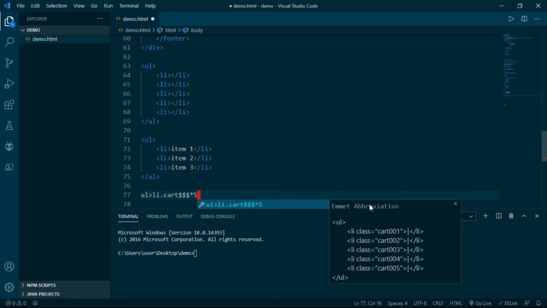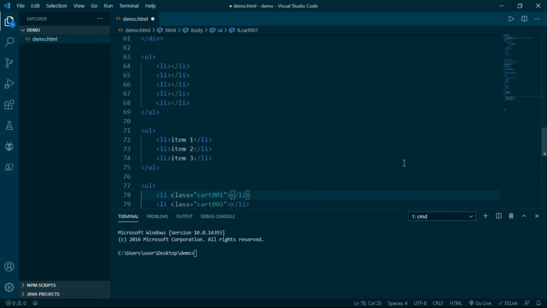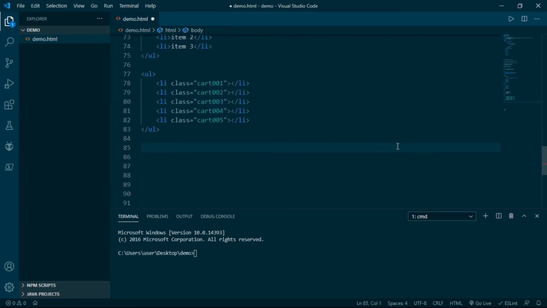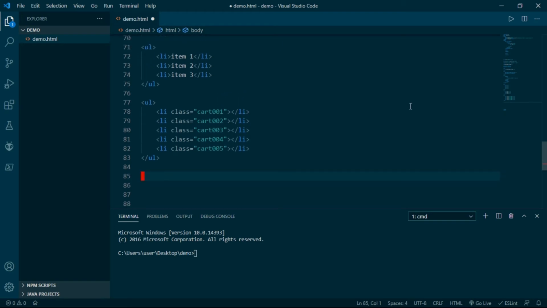Suppose I have specified 5 here, so it will go up to 5, as you can see here: 001, 002 up to 005. So I will hit enter. Here you can see it is generated as we saw in that abbreviation. You can keep playing with it. I have shown the formatting of this, as we saw in two examples starting with 1 and ending with my specified number. When you specify it, it will work according to you.